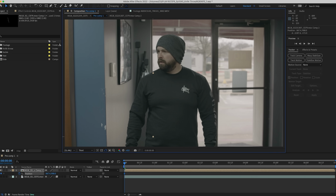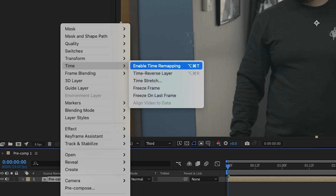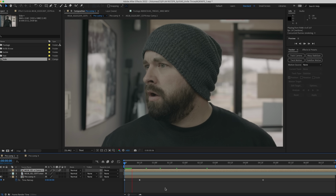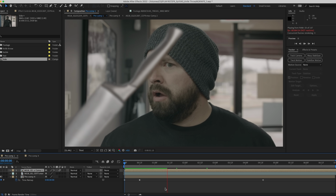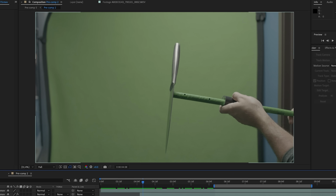So we can animate it across the screen, or since we have it slow here, we could use time remapping and some motion blur to shift the speeds or ramp if that's what we want. You could also cut closer to our actor and have the knife asset more out of focus to sell the effect even more. For the other shot, it was the simple task of masking me and the stick out of